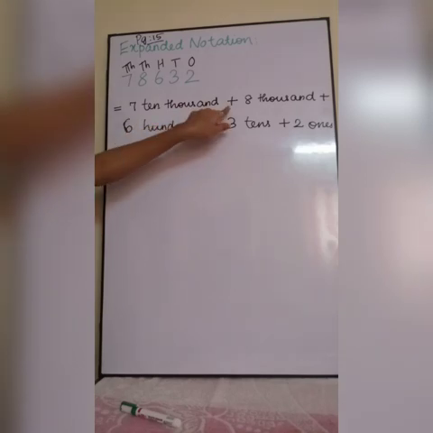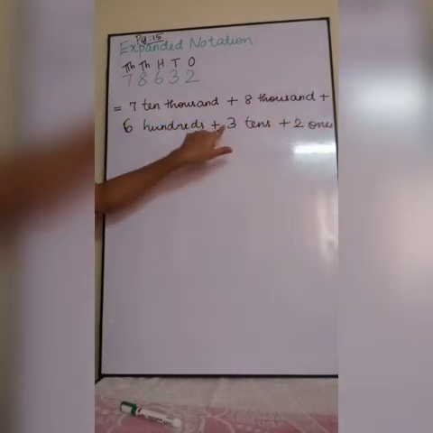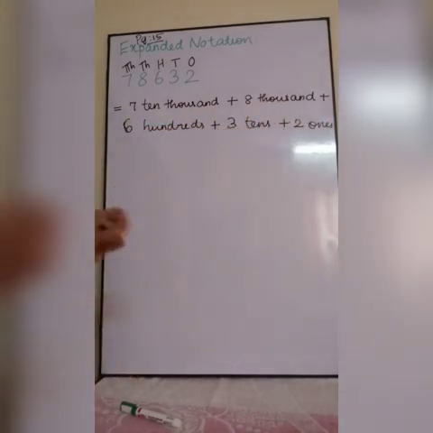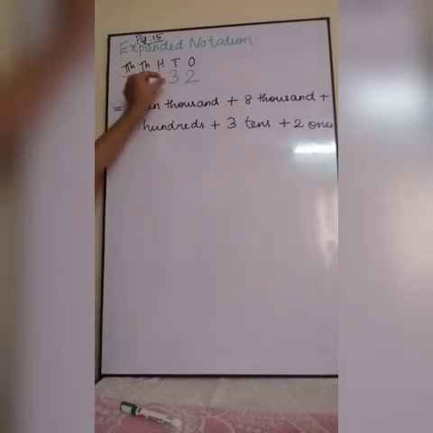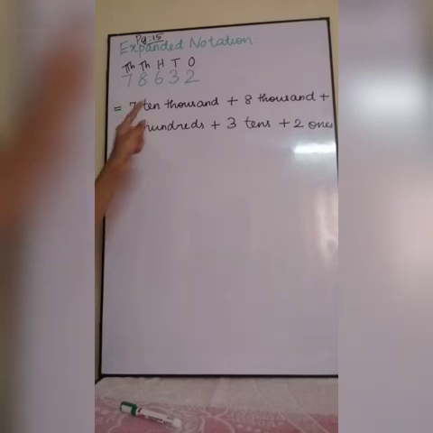That is why I am putting plus in between every place value. You should not put multiplication, children. You should only put plus in between all these numbers. Only if you add all those things, you will get the answer. Next is